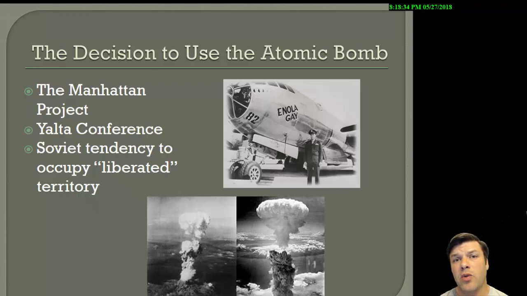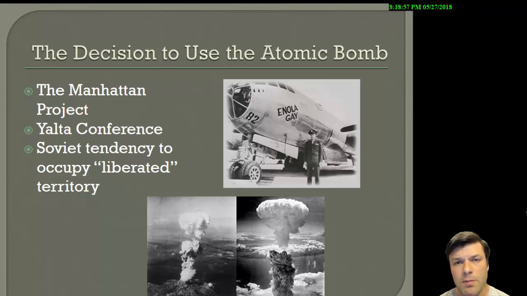And a lot of it has to do with that agreement that was hammered out with the Soviets at Yalta. Remember, the Soviet Union, once the Germans had surrendered, was going to come in and help us out with the Japanese. But we looked around at what the Soviets were doing in Eastern Europe, liberating these countries only never to leave. We desperately did not want that for Eastern Asia.